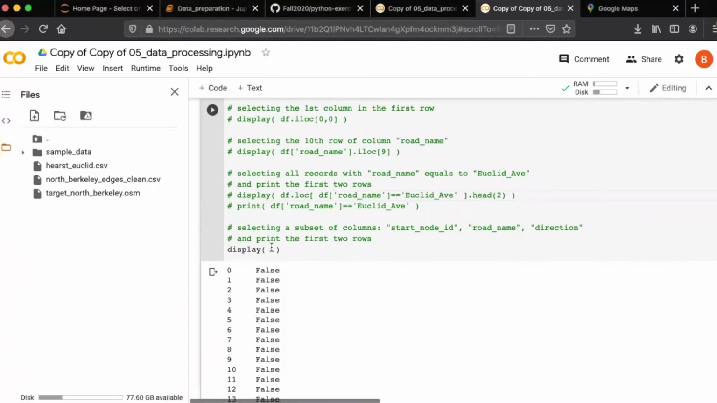And then the last exercise on indexing, we want to select a subset of columns that is shown here and print the first 2 rows. We can do df and select